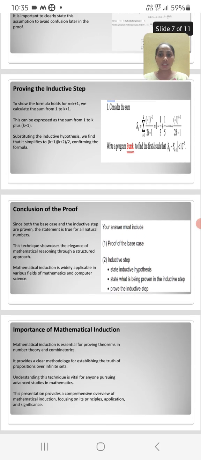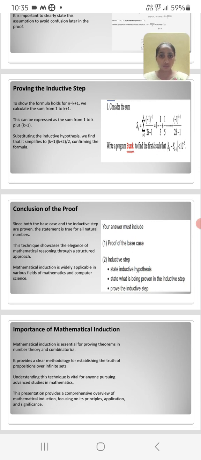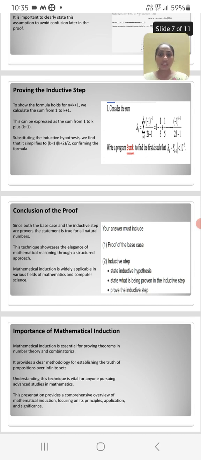Proving the inductive step: to show the formula holds for n is equal to k plus 1, we calculate the sum from 1 to k plus 1, and this can be expressed as the sum from 1 to k plus k plus 1. Substituting the inductive hypothesis, we find that it simplifies to k plus 1 into k plus 2 divided by 2,